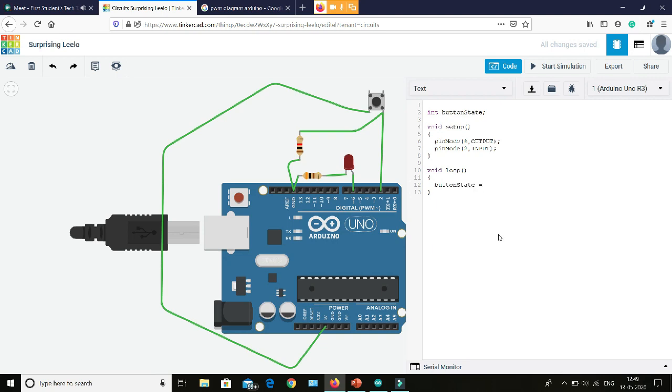Now we have the value of the push button, or digital pin 2, in the buttonState variable. Now I will write digitalWrite, pin number 6, on which we have connected the LED, and I am writing here buttonState.